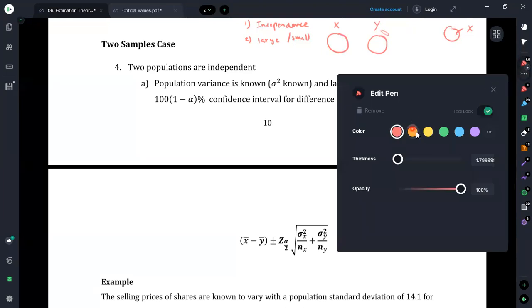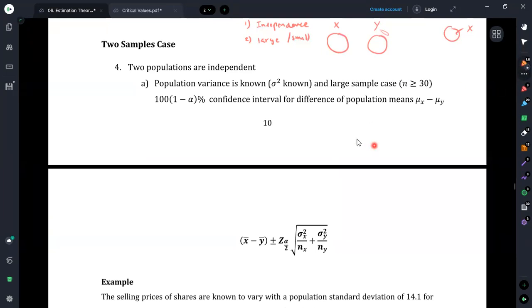Under this, first we will discuss what will happen if the two populations are independent. Suppose that X and Y are samples obtained from two independent populations. In that scenario, again we can consider whether we know anything regarding their population variances. Since the populations are independent, we have two independent samples as well. Then we have to consider the population variance.